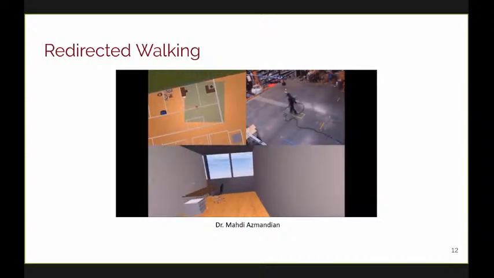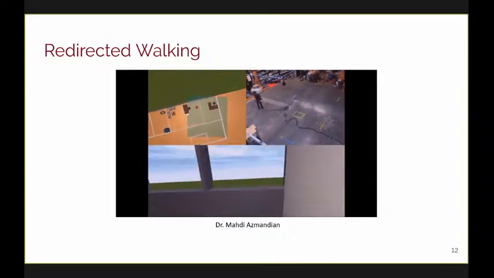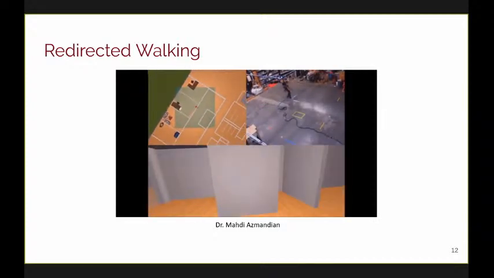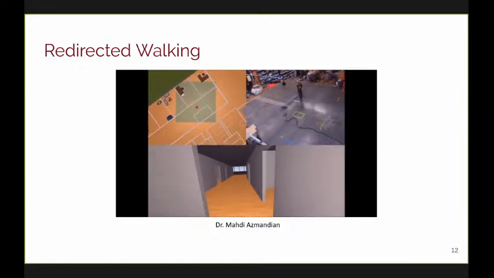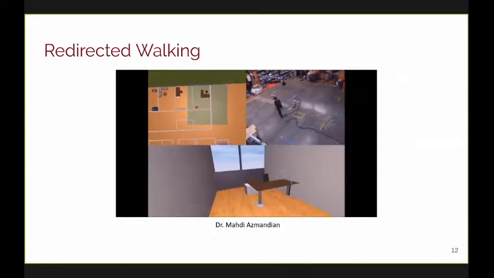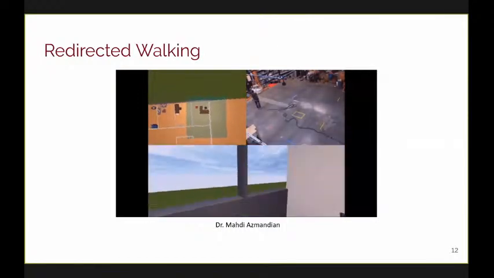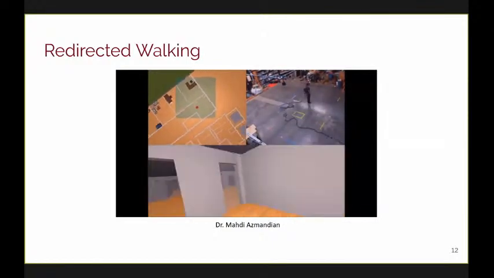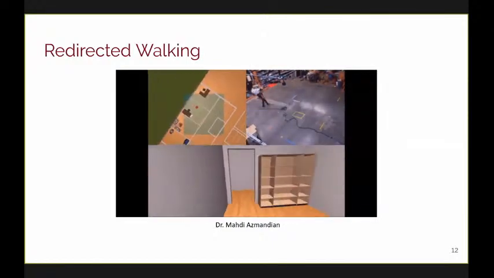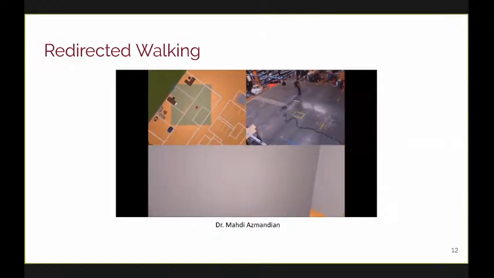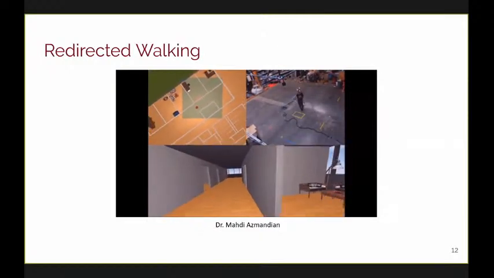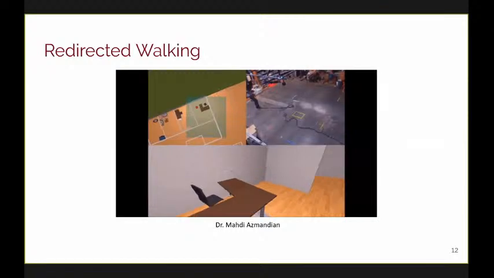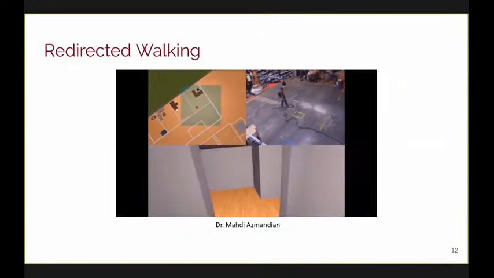And finally here, you can see an example of a redirected walking experience, not live, but in video. On the top left, you can see a top-down view of the virtual environment. The green square represents the physical environment. And on the top right, you can see the user actually navigating through the physical environment. These three gains are being used in combination to compress the user's movement into this smaller physical space. And the neat thing is that if we do it right, redirected walking can both be imperceptible and will not induce simulator sickness more than natural locomotion would.